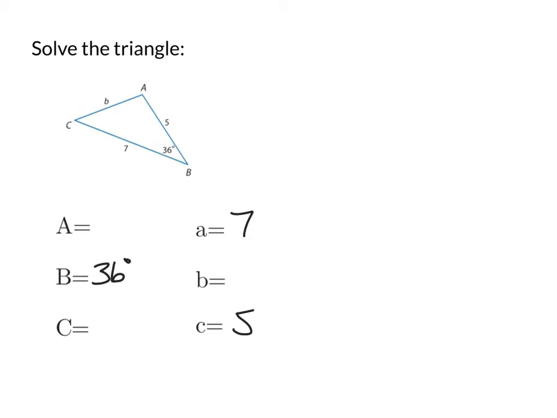So using the law of cosines, I'm going to use the one that starts off with b squared. Right, b squared is going to equal the other two sides, a squared and c squared, minus 2ac cosine of b. So a was 7, c is 5, and angle B is 36 degrees. Since everything's all on the right side, we can just go ahead and type that all into our calculator. And you get